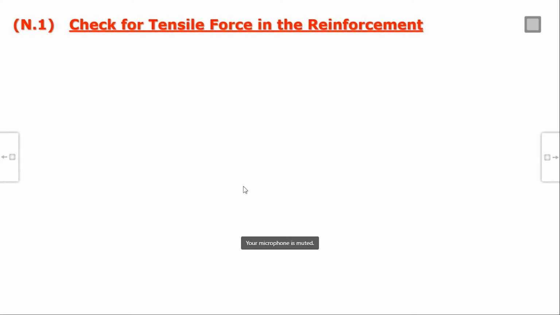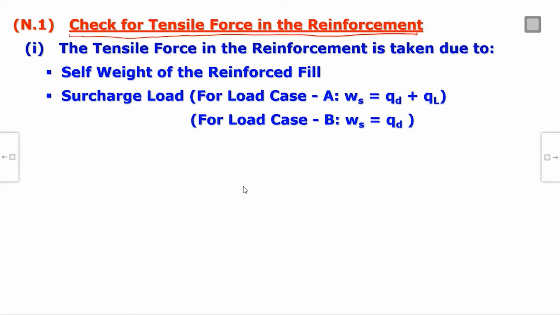So now, okay, now we will check for tensile force. As I told you, in internal stability there are two checks: tensile force, it should not rupture, and it should not get pulled out. So, tensile force check. Now the tensile force in the reinforcement is taken due to self weight of reinforced fill,